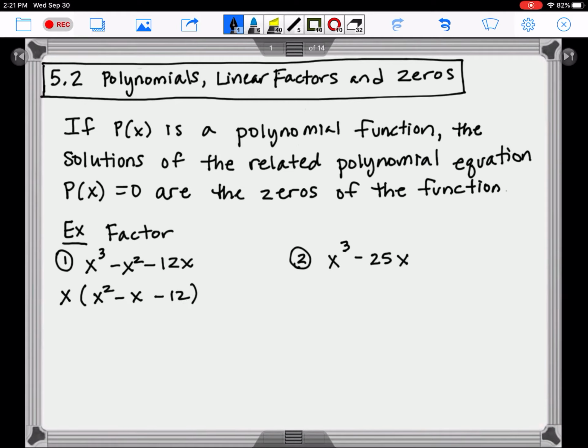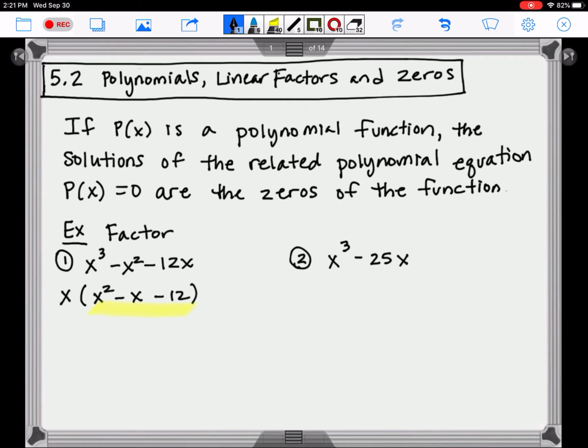And then the question is, can we factor this portion any further? What you're looking for are two factors that multiply to get negative 12